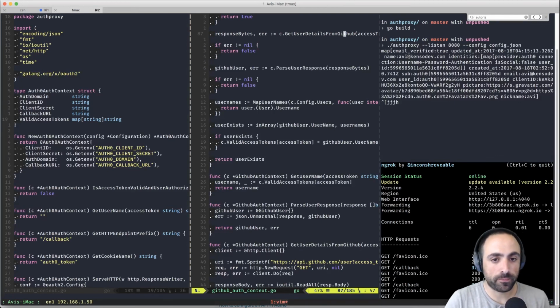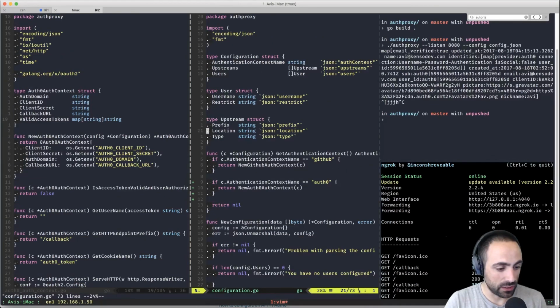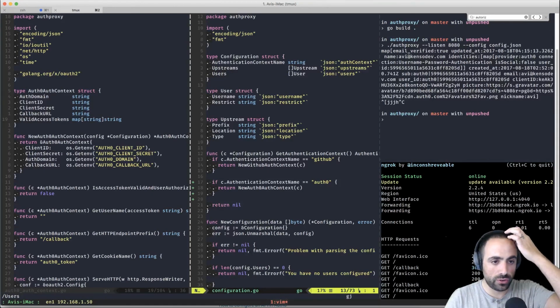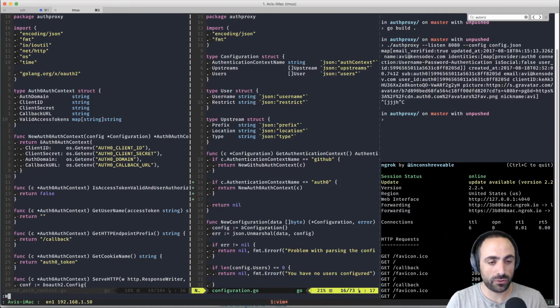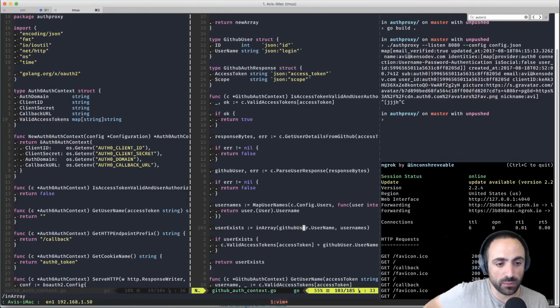I get it. So now let's look at our config. Configuration.go. And we have users. We do, which is a user, which has a username and a restrict. Okay. In array of GitHub user and usernames.